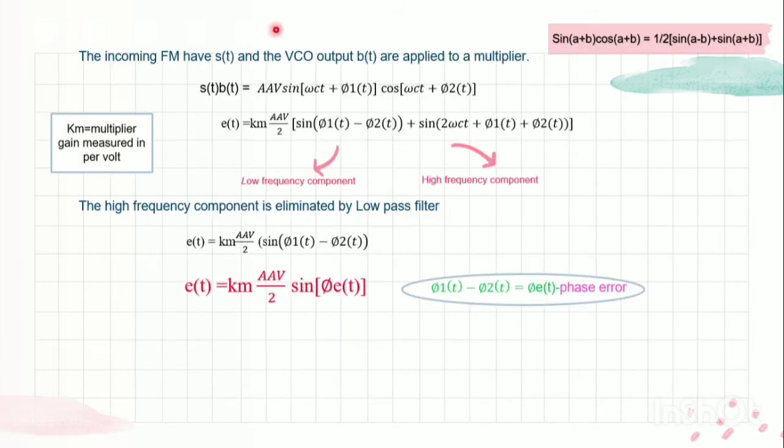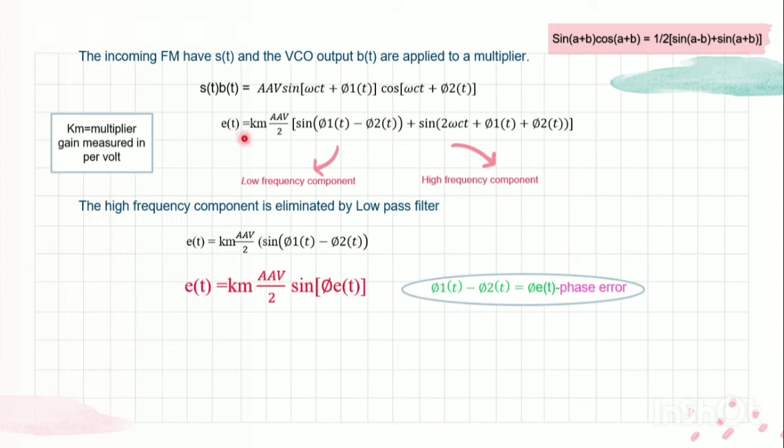Next, as I said, the phase detector acts as a multiplier. That is, it multiplies the incoming FM wave and the VCO output. So, S of t into B of t is equal to A into AV sine of omega c t plus phi 1 of t into cos of omega c t plus phi 2 of t. In trigonometry, we have the formula sine of a plus b into cos of a plus b equal to 1 by 2 times sine of a minus b plus sine of a plus b. Using this formula, we get our E of t, that is our error